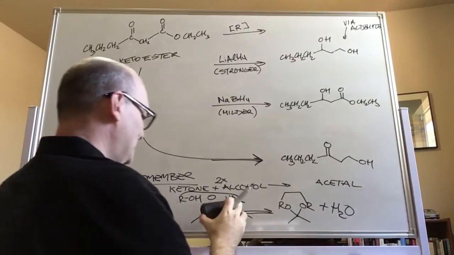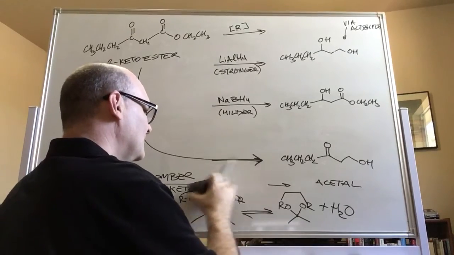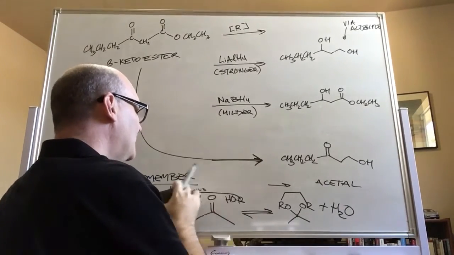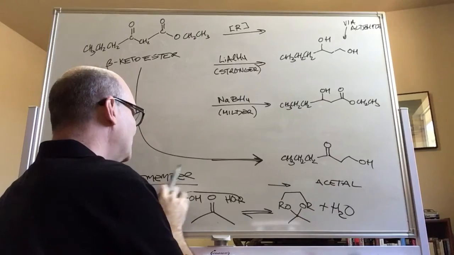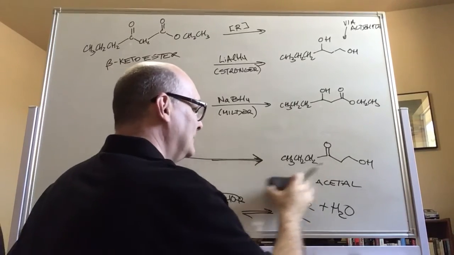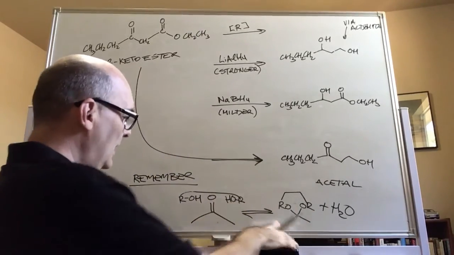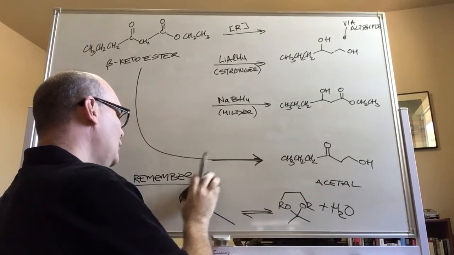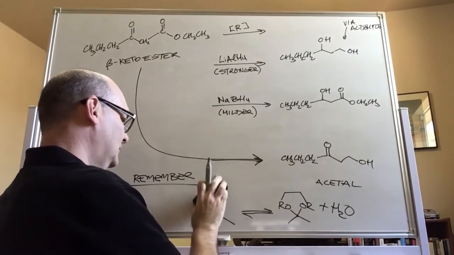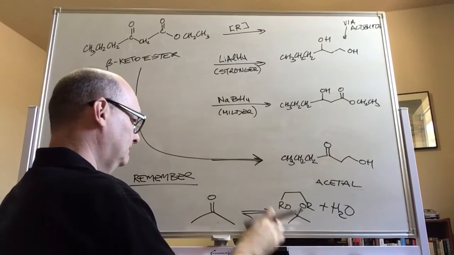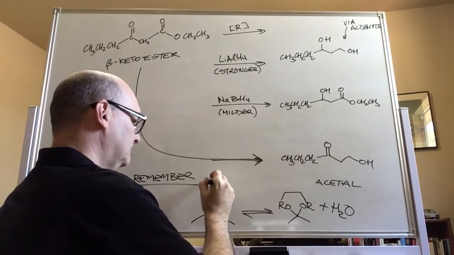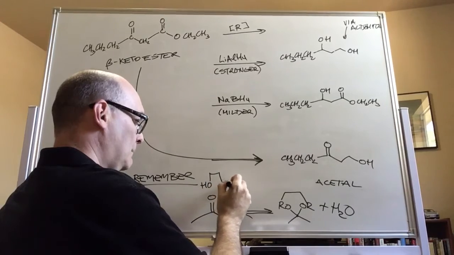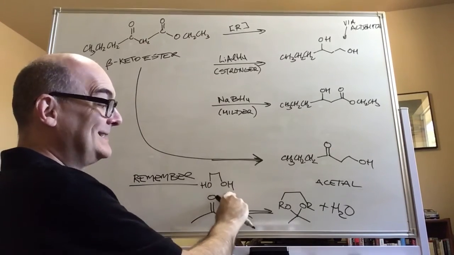All right. So a ketone plus a couple of alcohols makes an acetal. If instead of using 2 alcohols, I used a diol,